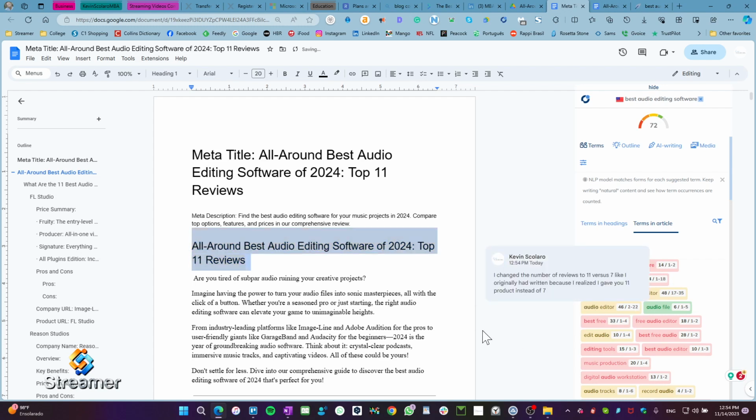And then just post your comment there, and now the writer will be able to see your comments,